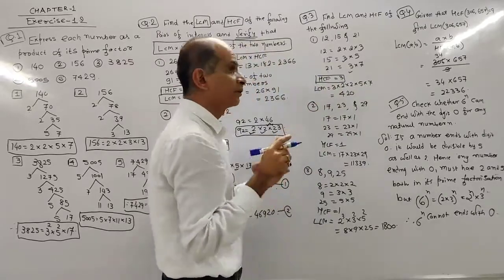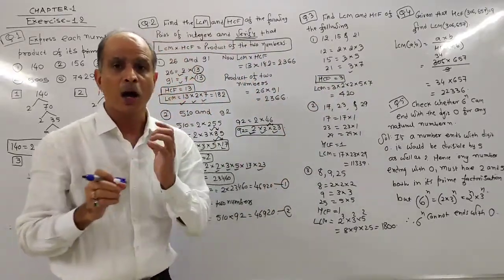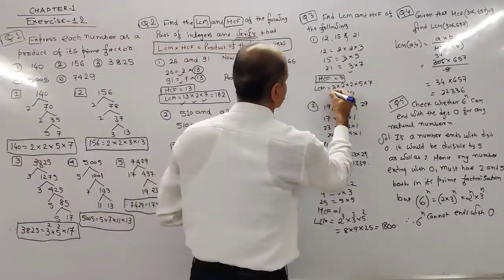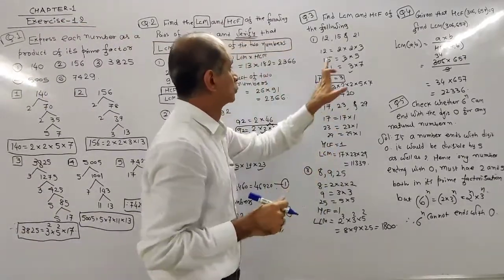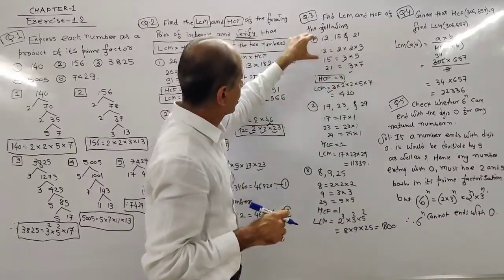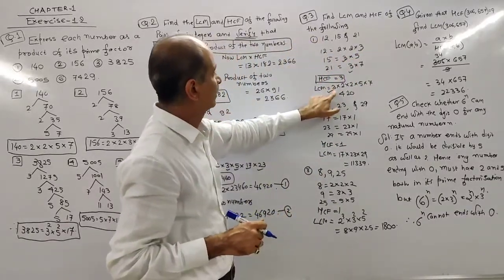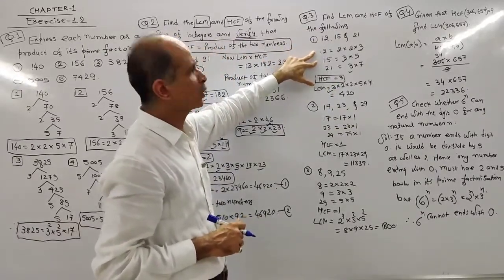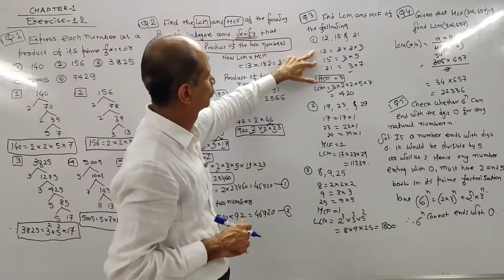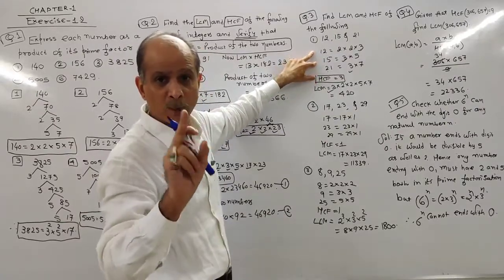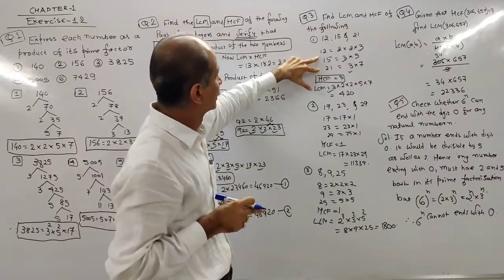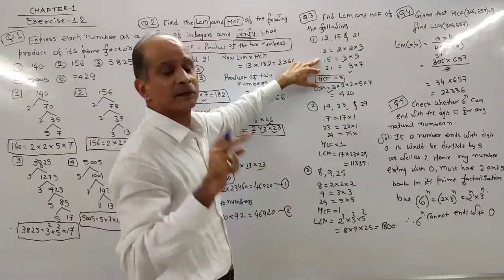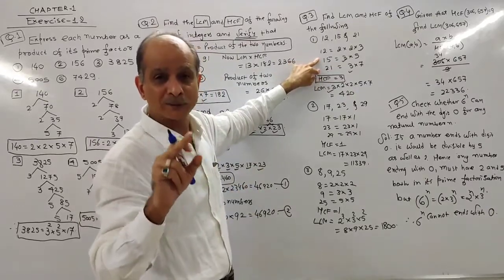Now, when three numbers are given to you, how to find out LCM? First of all, you have to write the common from these three. The 3 is common in all three, and that's why first of all you have to write 3. Then you have to write common from first and second. Is there anything common from first and second? No. Then you have to write common from second and third. Is there anything common in second and third? No. Then you have to find common from third and first.